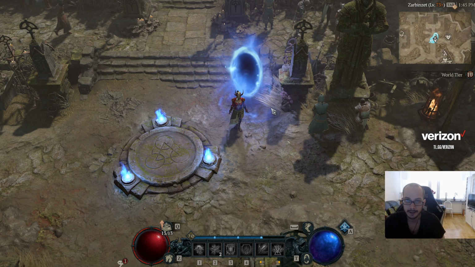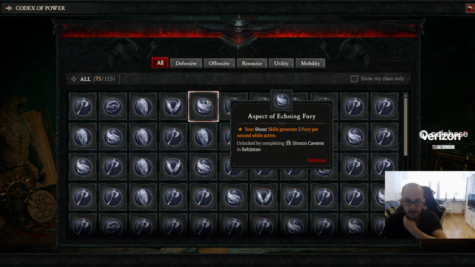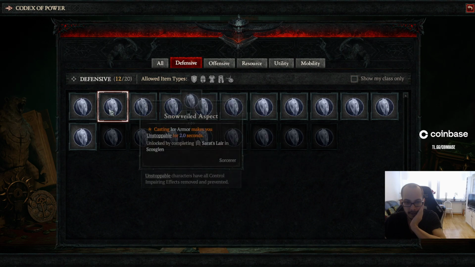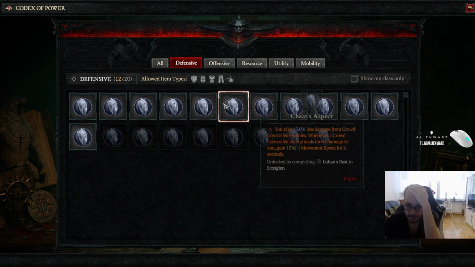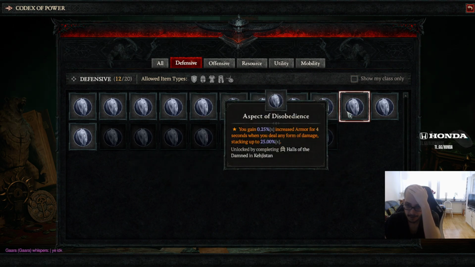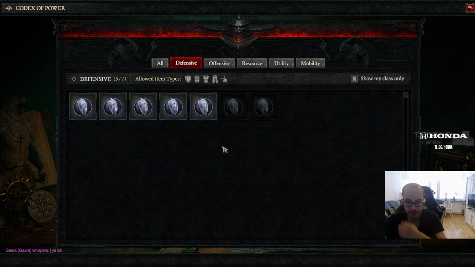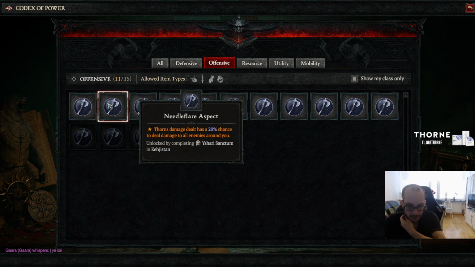Oh yeah, so here you can see if you press escape and go to collection and press codex of power, you can see what codex you can get from dungeons. So you want the defensive one here that gives you armor for sure. What you do is look it up. You can do show my class only. This one. So you just left click it and it will target it on the map. Let's see the offensive one, if you can actually roll the...